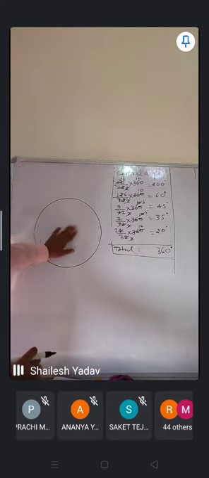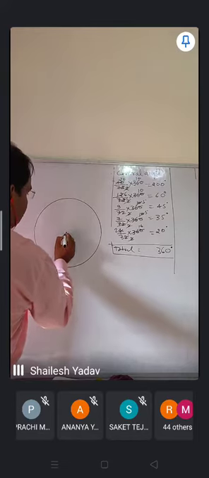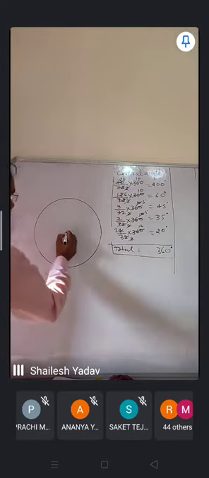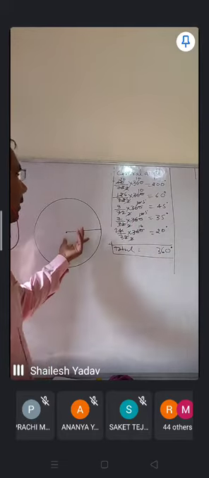So first you need to draw the circle, and after that you need to point out the center. Suppose that here it is the center of the circle, and then you will draw one of the radii. So first you draw a circle with the compass, of any radius. You will get the center, and you need to draw one of the radii. After that you need to draw all these angles in that circle.